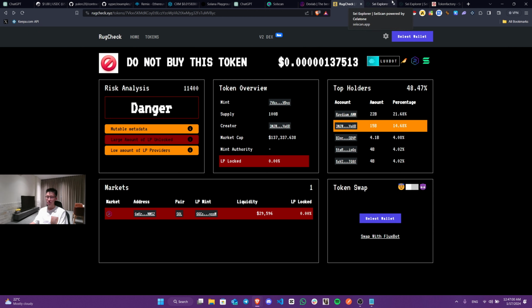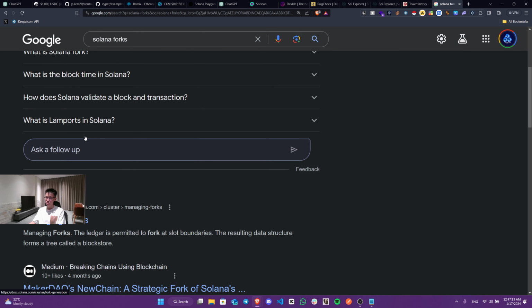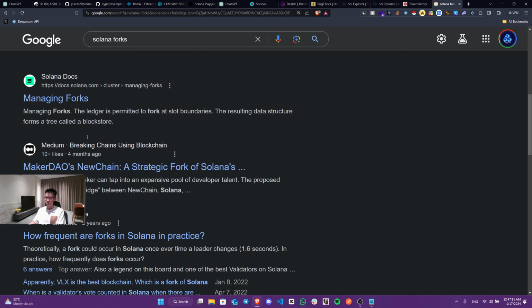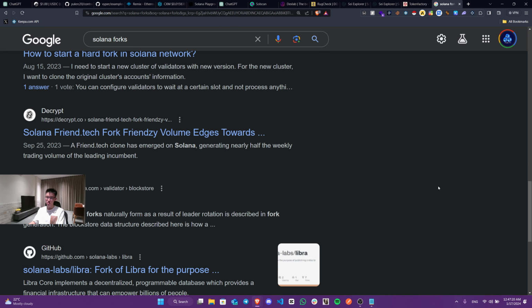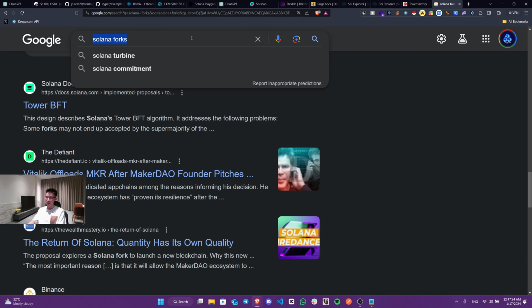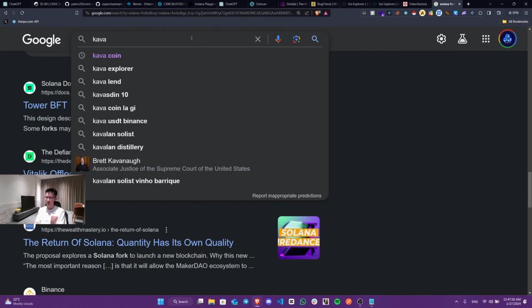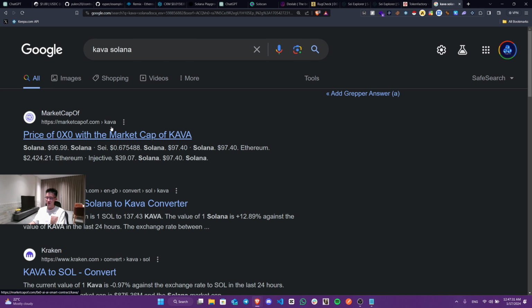So let's keep going. Now, once you know Solana, that means there are Solana forks, right? Which is like MakerDAO or something they're trying to fork. It means you know them too. If you know Solana, it means you know this too. For example, there is a Kava. Is it Kava? Is it Solana? I forgot the